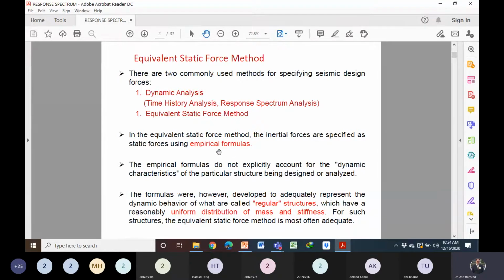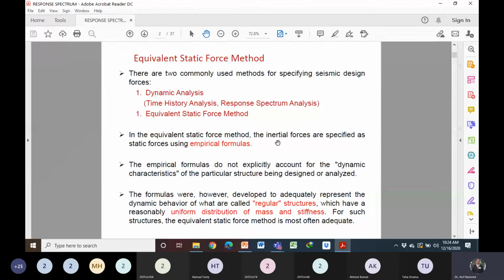So we have the empirical formulas. By using those empirical formulas, we can calculate the inertial forces. Definitely, any earthquake causes inertial forces in the structure. But they have given us some empirical formulas, and by using those, we can calculate the inertial forces, and then the inertial forces in the form of the base shear. Base shear is the total lateral force at the base of the structure. So once we have that value of the lateral force, we can distribute the forces